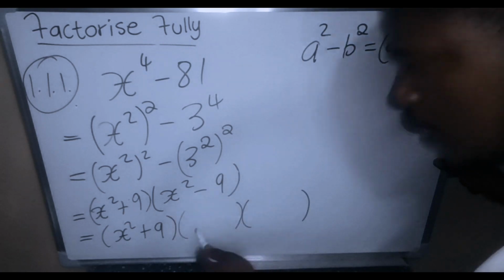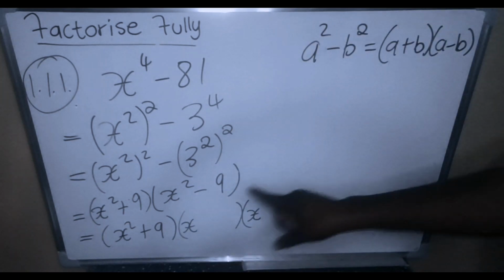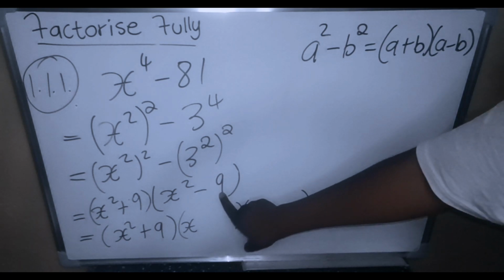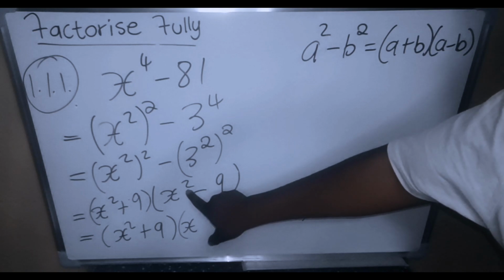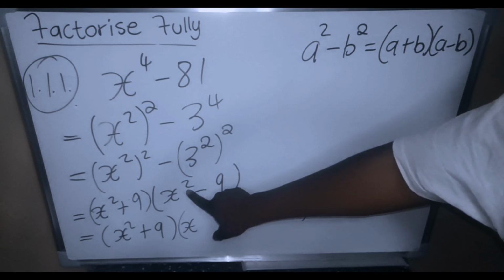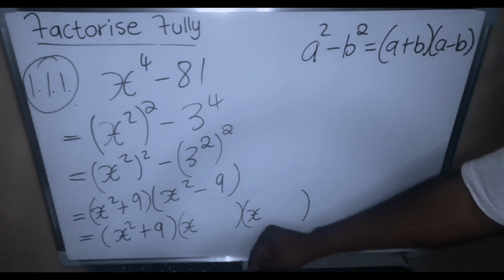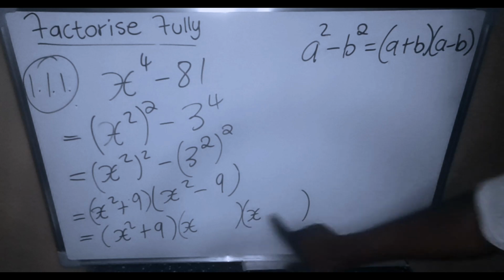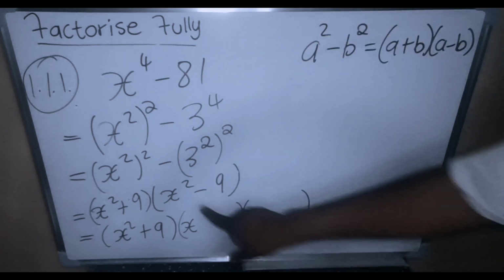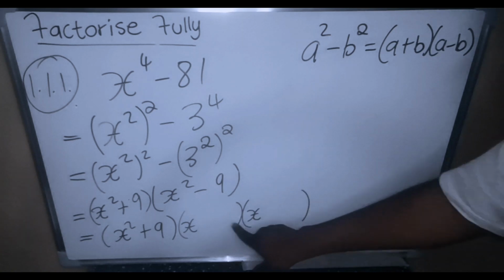What are factors of x squared? It is x and x. For 9, I get another square. For a difference of two squares, in most cases, if you have a square here, you get another square more. Therefore, find the square root of 9. Finally, for 25 you find the square root of 25 and write 5. Finally, for x squared minus 4, you say the square root of 4 is 2,